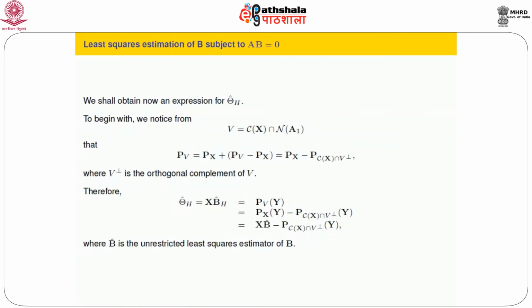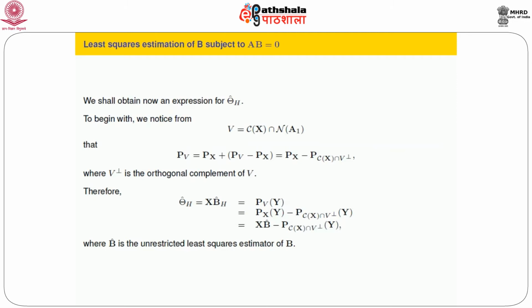That shows us that if we look at this expression, basically you get the column space of Px A1 transpose. This first one is an identity. Identity means basically we are replacing here, in place of V, Cx intersection null space of A1, the orthogonal complement of that. And this is equal to the fact that this intersection is equal to the column space of Px A1 transpose. It's a standard fact in linear algebra which we shall make use of here. The proof of this fact appears in Seber's book, page 535, which we are not reproducing.